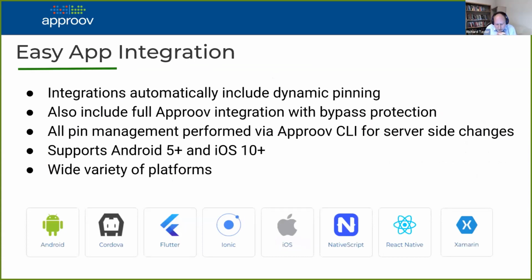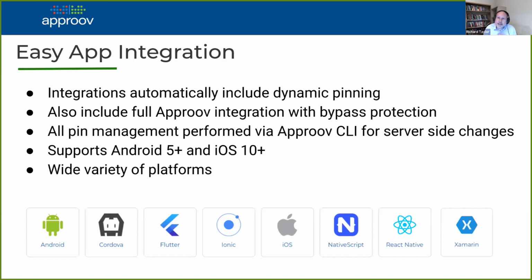And I suppose one of the drawbacks of the static configuration using the platform integrated mechanism is that it is only available particularly from iOS 14. Whereas the way we've implemented dynamic pinning is we've basically looked at the mechanisms in each HTTP stack and implemented something which automatically adds the pinning. And this goes right back to Android 5 or even earlier in some cases, and iOS 10. So we've got kind of complete coverage across a large number of different frameworks that you can see here, going back right to very early versions of Android and iOS.